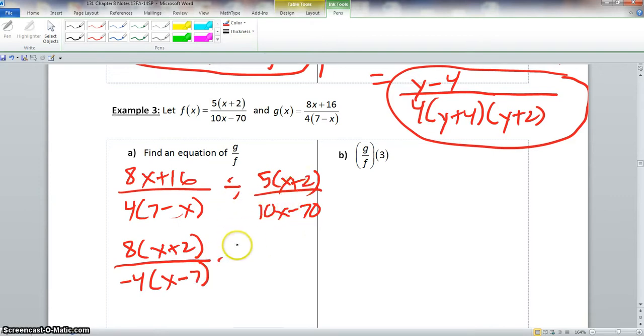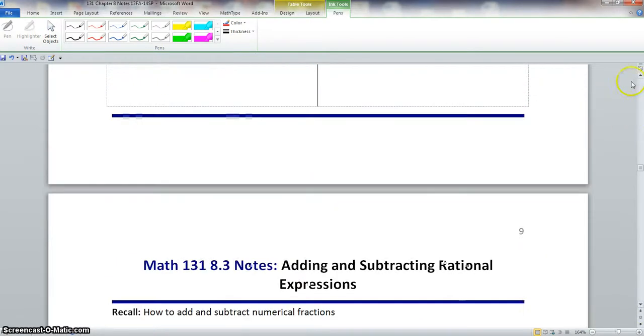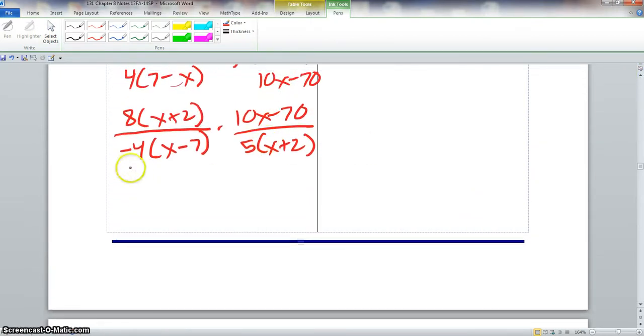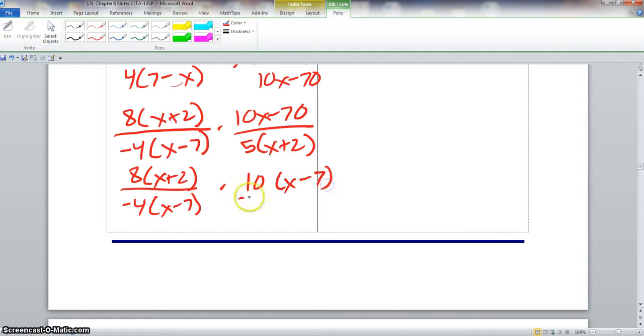We'll take the reciprocal, so we have (10x minus 70) over 5 times (x plus 2). Now, that 10x minus 70, we know we could factor out a 10. So we have 8 times (x plus 2) all over negative 4 times (x minus 7), times we could factor out a 10, and we have (x minus 7) all over 5 times (x plus